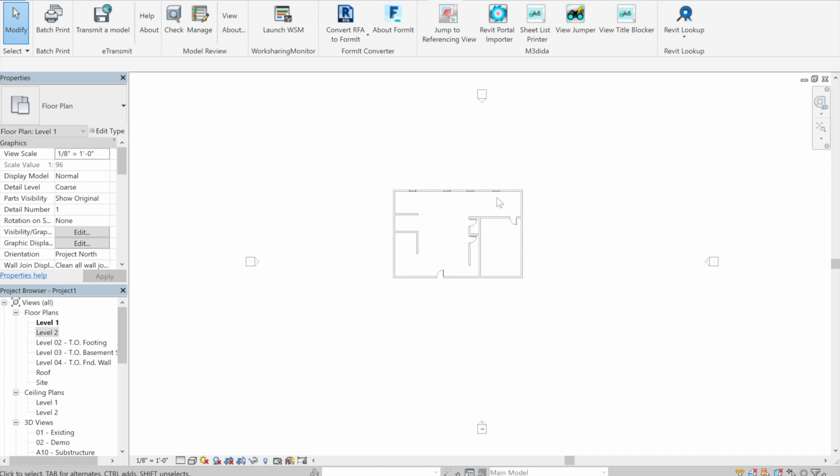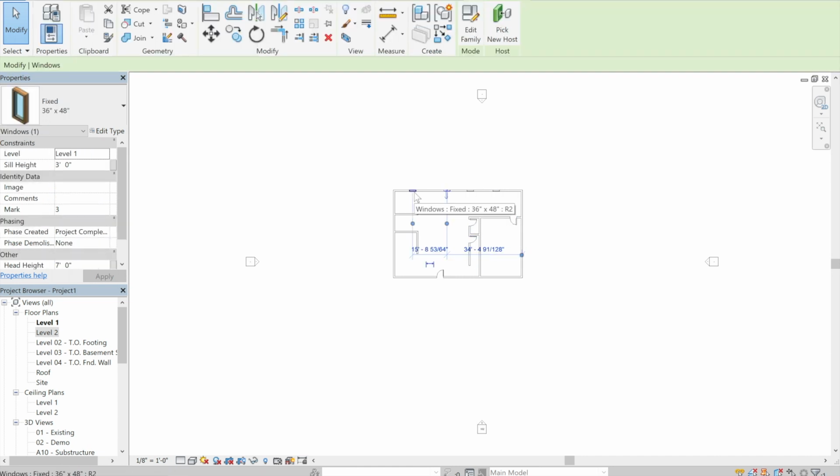All right. A couple things to note is that if you're bringing in windows and doors, you should definitely have those families loaded in your project before you end up using this tool. Other things too is that my program will try and find the correct sizes for your windows and doors. For example, this one is 36 by 48, right? So it will try and find that family first,